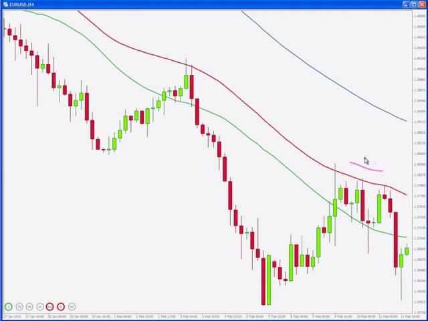Please mind that we get no multiple bar closing above the 50 simple moving average, and eventually the first candle to close below the 30 is this one there. That's where I would go short. Stop loss either here, 5 pips above that swing high, or 5 pips above the 50 simple moving average, depending on whether you are more aggressive